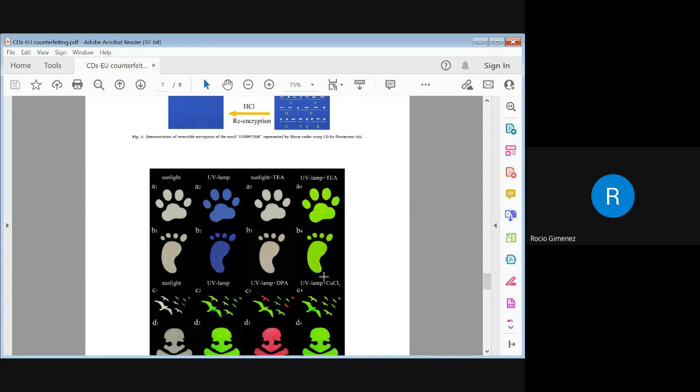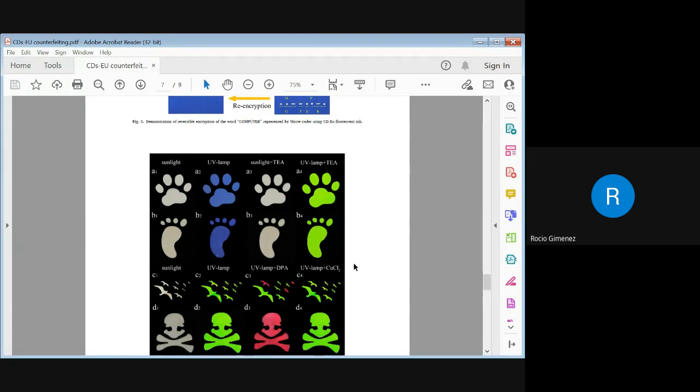And they saw that when the invisible ink with a pH of 1 was coated on a pattern, the information was invisible under both sunlight and UV light. After treatment with TA vapor, the pattern was still invisible under sunlight, but can be seen with a UV light. So in addition, thanks to this